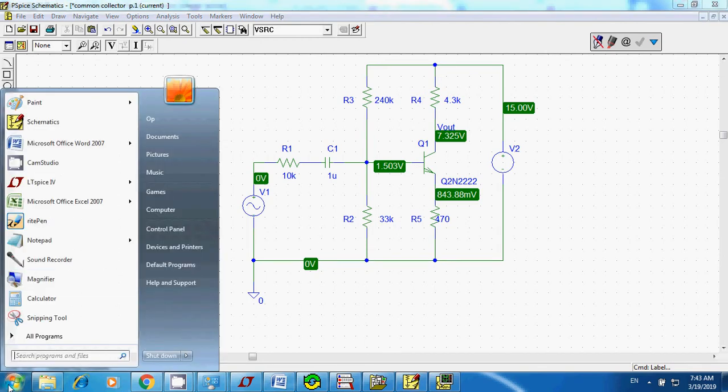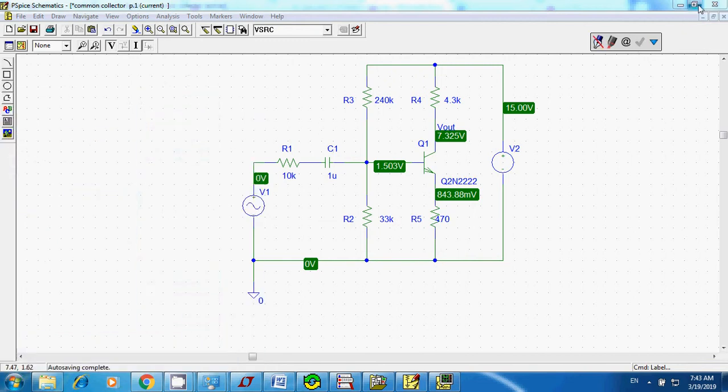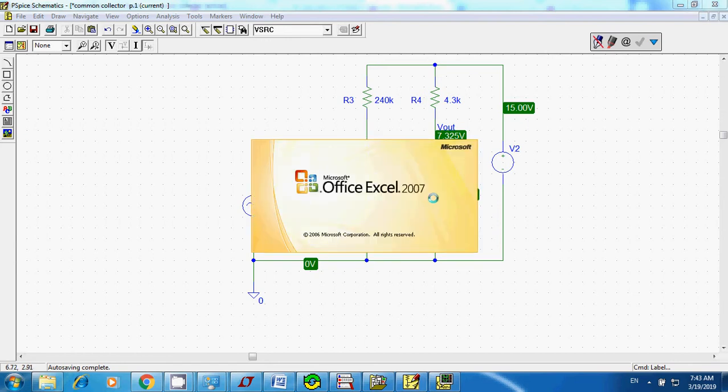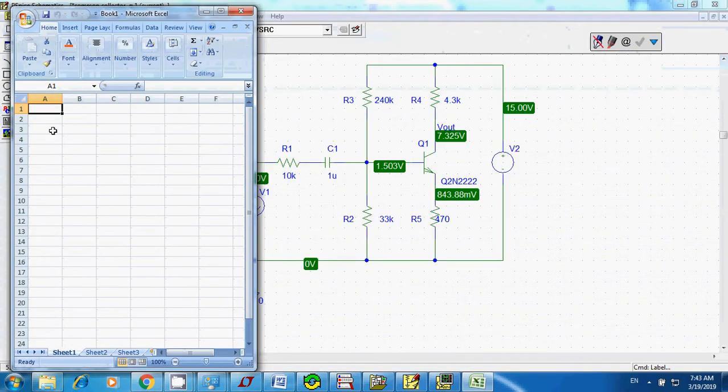You can go to Microsoft Excel. That's how your NPN transistor is going to turn on. So your VBE is approximately about 0.7, right? Okay. So let's do the math. I'm going to find VBE. So VBE is what? 1.503, and then you minus the